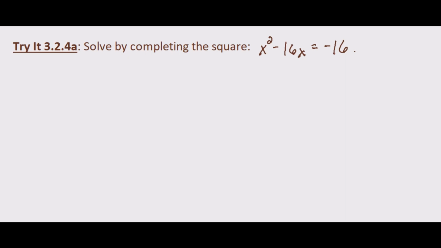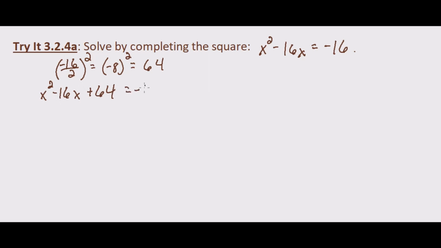More completing the square. This time we're solving x squared minus 16x equals negative 16. So our b is negative 16. So again, we want b divided by 2, so let's go ahead and do that first. We have negative 16 divided by 2 squared, that equals negative 8 squared, which equals 64. So then what this becomes on the left-hand side is x squared minus 16x plus 64 equals negative 16